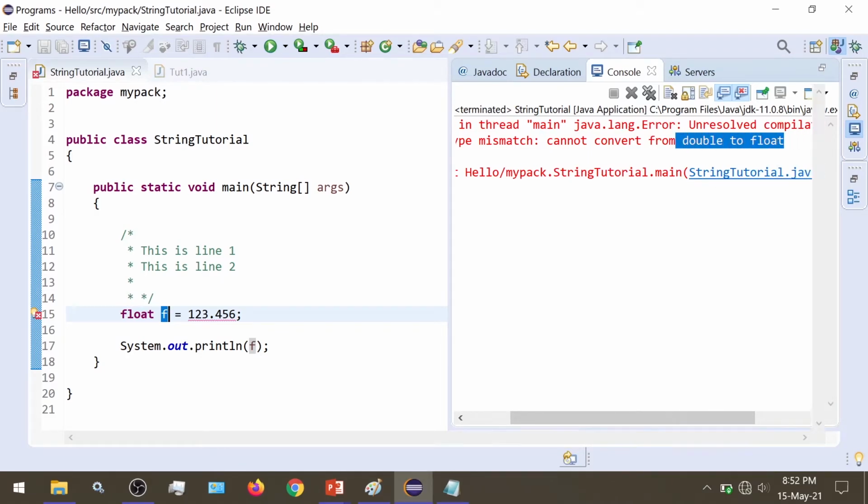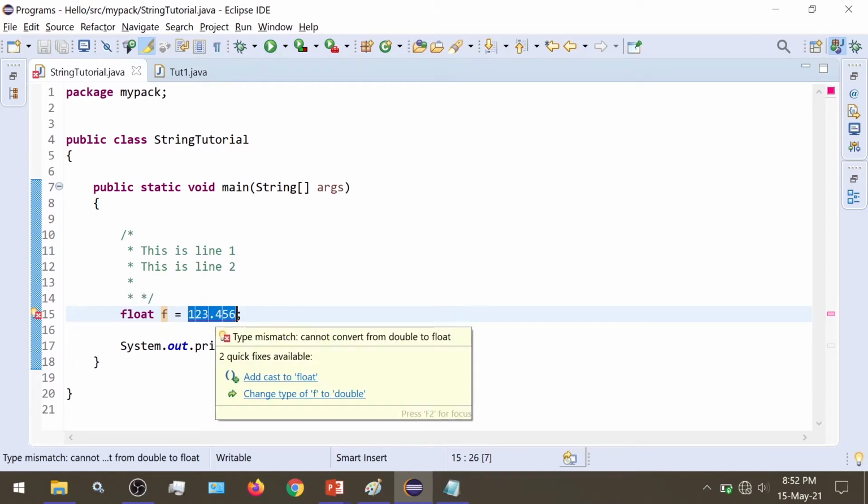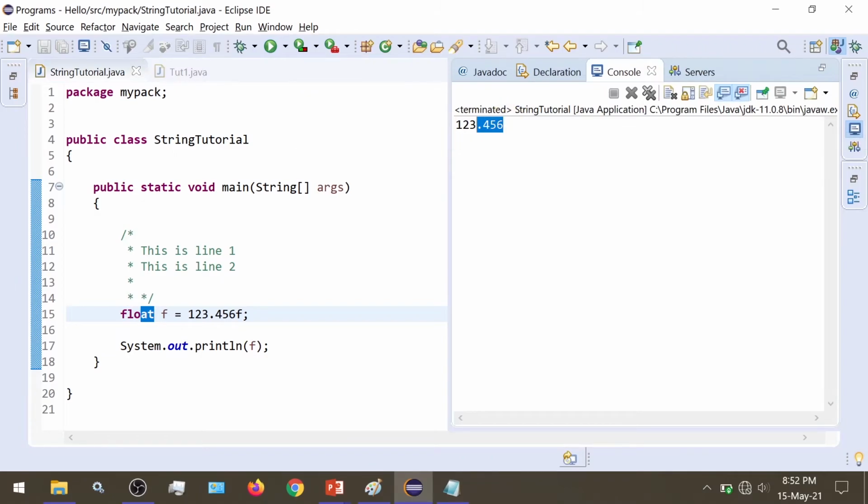By default, this 123.456 is being interpreted as a double value, and if we want to indicate that it's a float value, then we have to give the letter F. This F indicates that this value is of type float, and then we can assign it to a float variable. If I run this, we get a proper output.